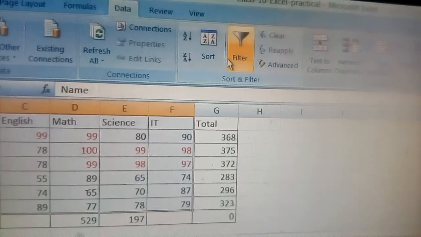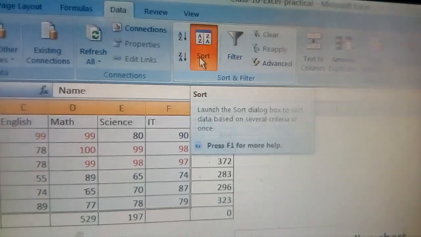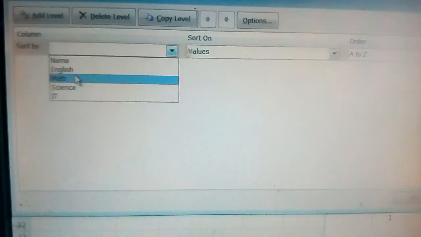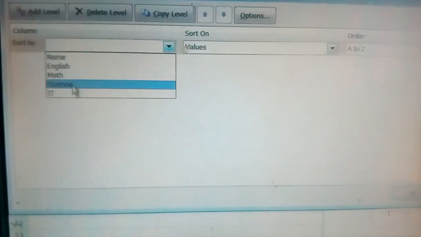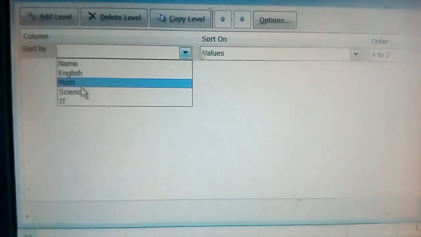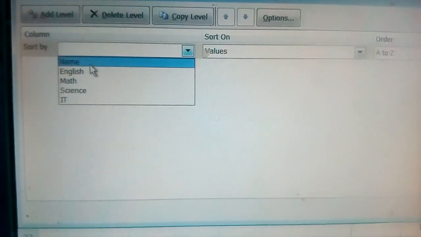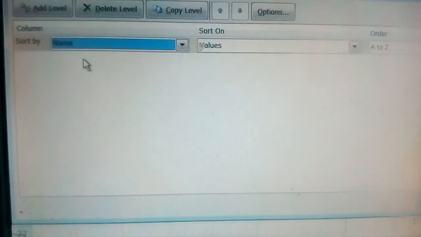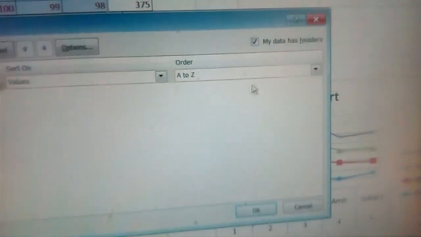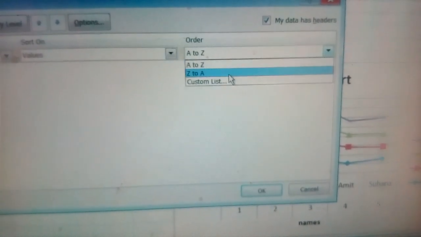Now click on sort, and the sort dialog box will open here. Now sort by what? Name, English, math, science, the subjects are given here. According to what you want to arrange, suppose I am selecting name, and sort on values, then A to Z. Which type of sorting do you want, A to Z or Z to A?